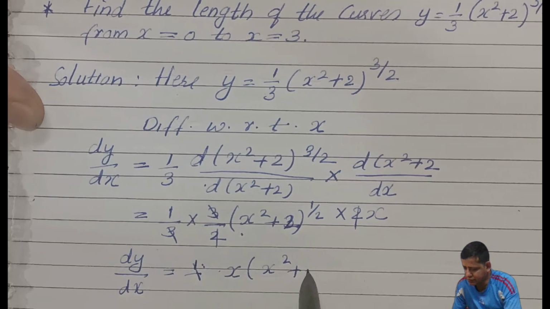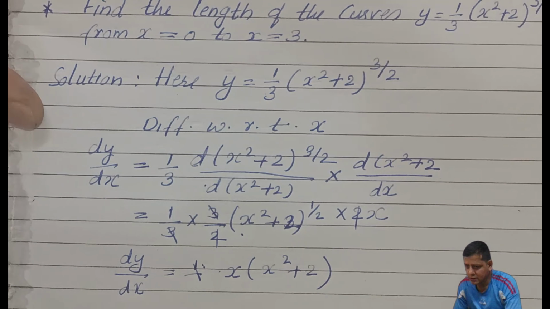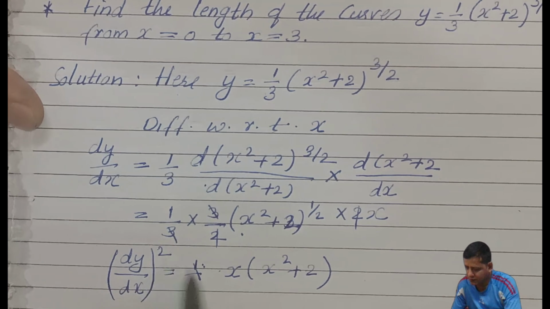This is 2, this is not 3. Here it's 2, so it's 2. So this is what we got, 2 and then to the power of half. If you bring that power half this side, then it becomes whole square here. Or you can say root. There is half here, so it will be a root 1, and then that root goes this side. So it becomes automatically x square plus 2.